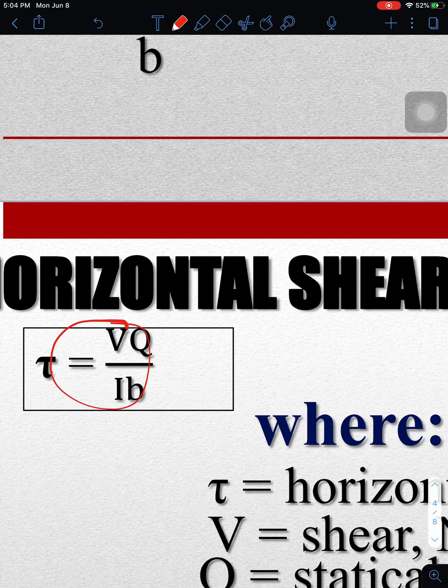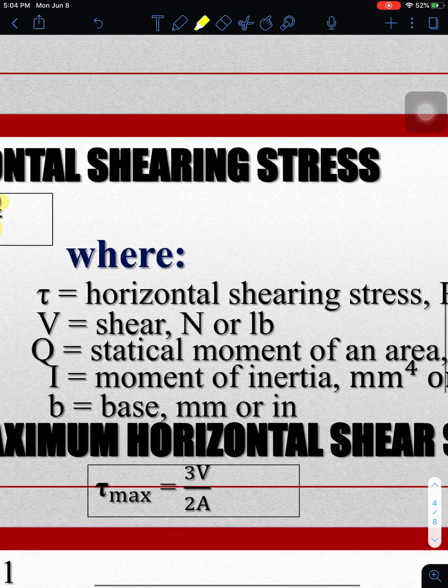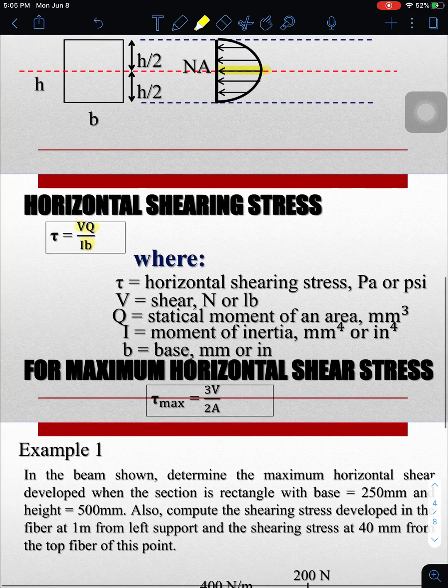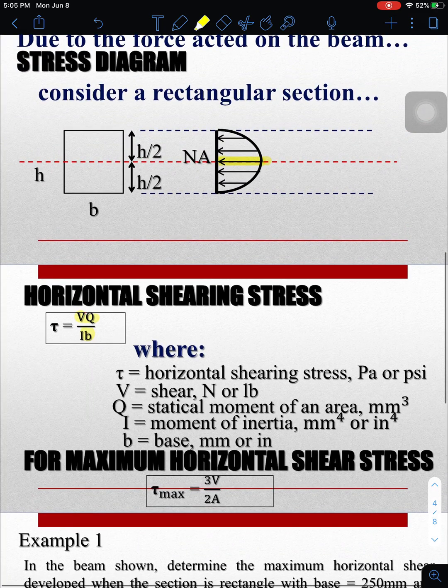So whenever we deal with horizontal shearing stress, we will be considering that tau is equal to VQ over IB. So the formula is tau equals VQ over IB, where tau is the horizontal shearing stress, and that should be in Pascal or in PSI. V is the shear force that we can get from the shear diagram. And then Q is the statical moment of an area,